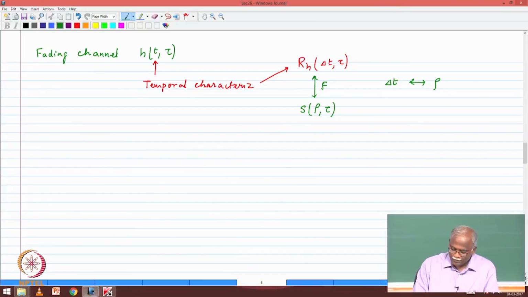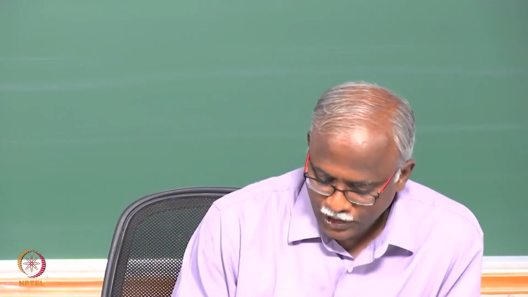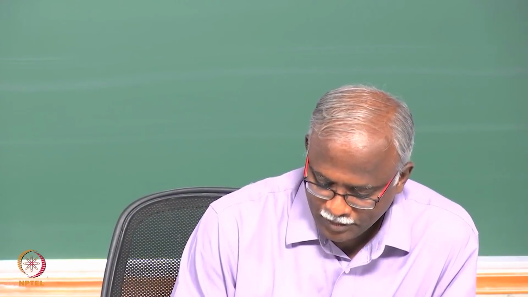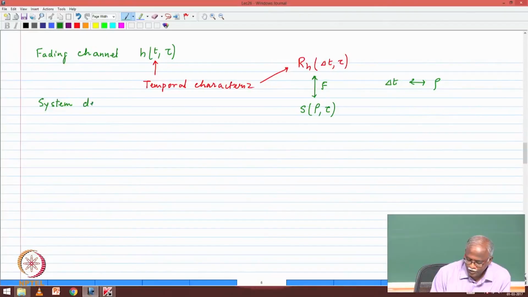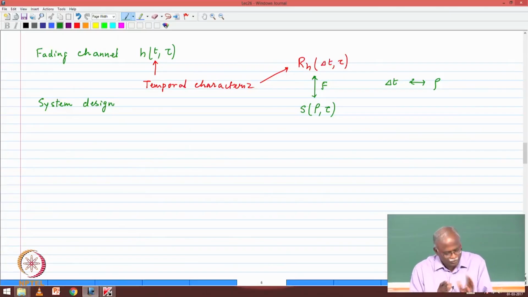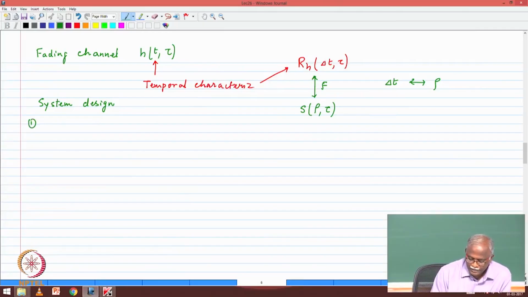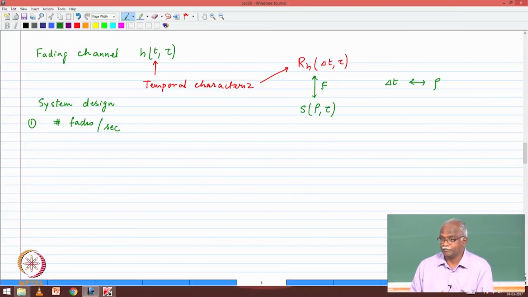So, what we can say is we have a statistical characterization, but now I have to design the system. So, for system design I need something which is of the following form that is very useful for us. If I were to focus on the system design aspects, the 2 parameters which we have already referred to in terms of their impact on the system, one is going to be the number of fades per second. So, what are the things that this is going to affect in terms of system design? What would this affect in terms of system design for coherent detection?